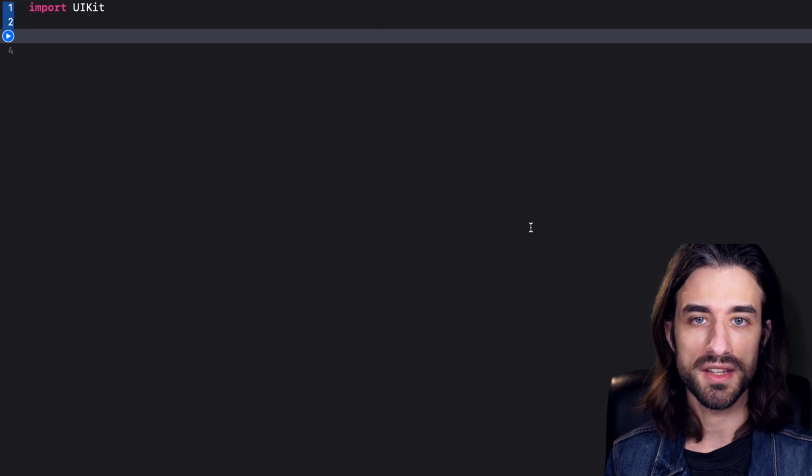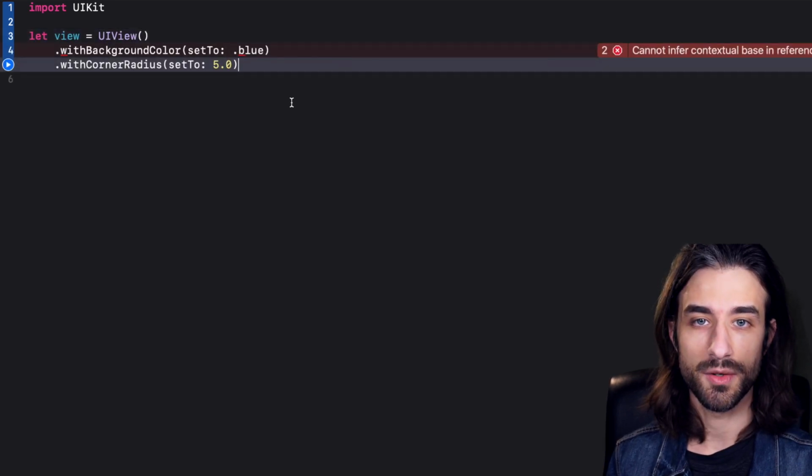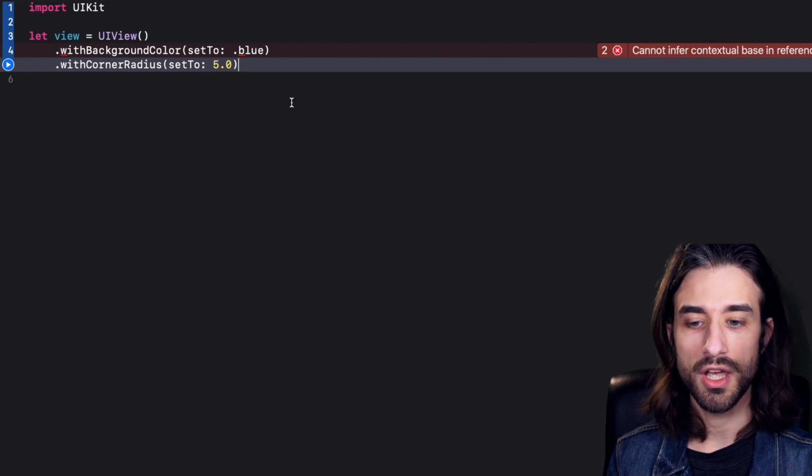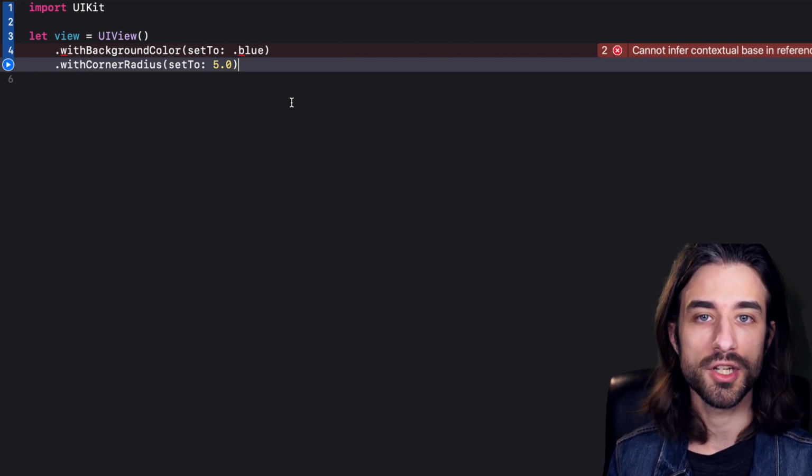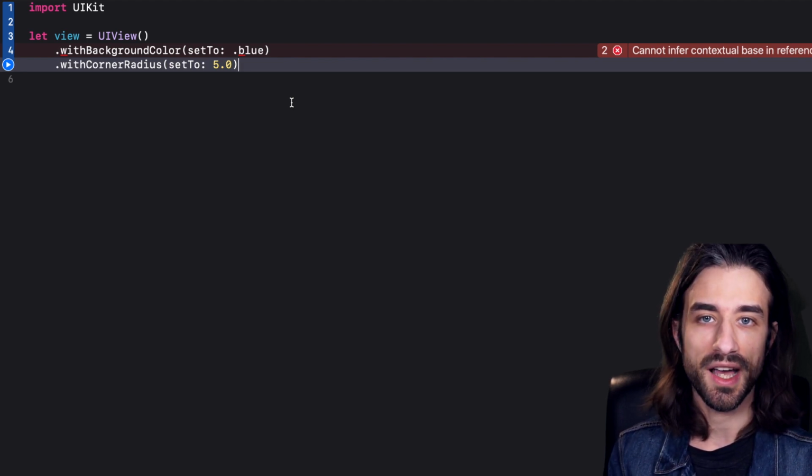So I want you to take a look at this piece of code. This is the syntax that I want to achieve. Now, this is called the builder pattern in terms of software architecture, and it's a pattern where we have methods that allow us to mutate a property of an object, and then the method returns the object itself. This way we are able to chain calls together. Now, it's something that you see a lot in the Java world. We don't see it as much in Swift, but it's going to be a very good example to explain how Self with a capital S works.